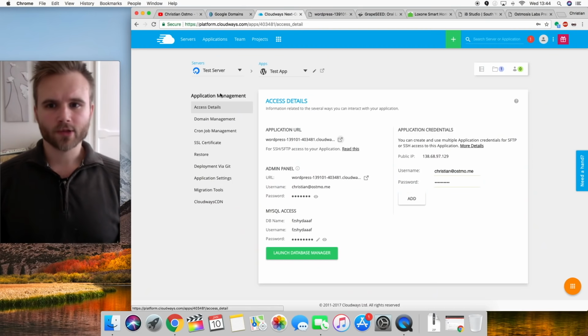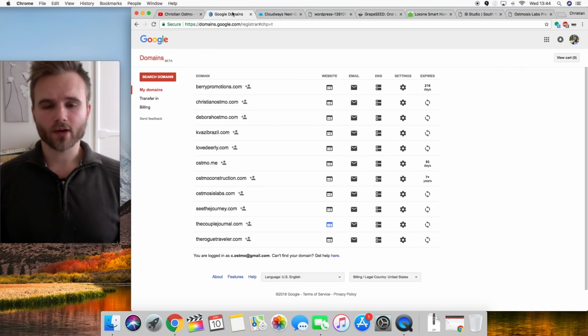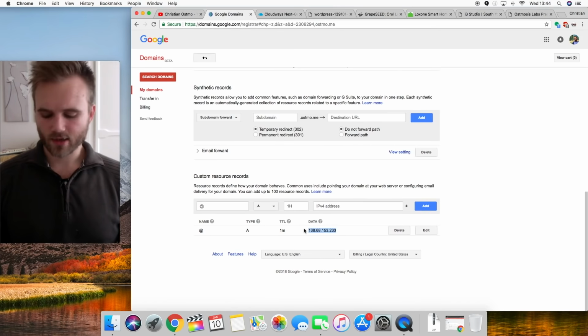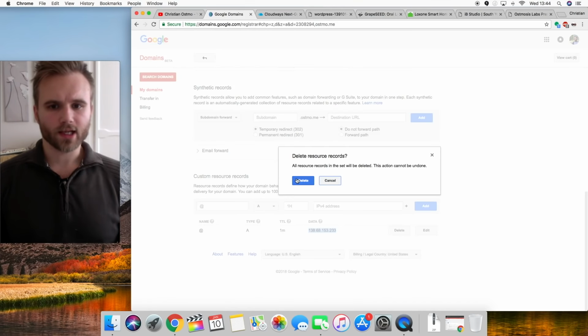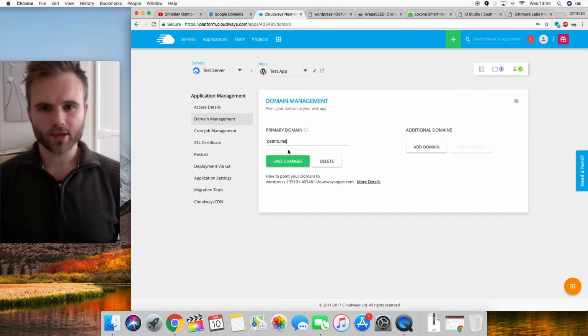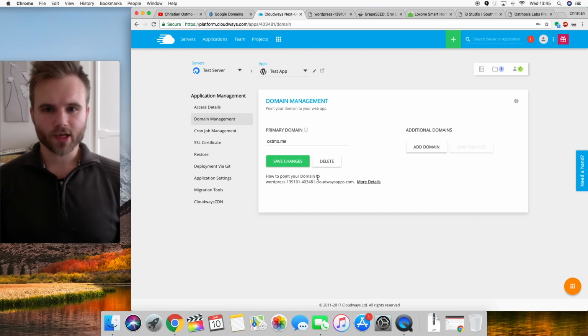So, how do you change that? You're in your application, test app, test server, go to domain management, and we're going to create a primary domain name. Now, I'm going to go ahead and pick one that I don't really use, osmo.me. I only use this for email. I don't actually use it for anything. Right now it's set to this. This is an old video that I produced, so we'll go ahead and delete that. Primary domain, osmo.me. Save changes. It's going to take just a minute. So that took just a minute, but once we have the domain name right there, primary domain, we've saved changes,